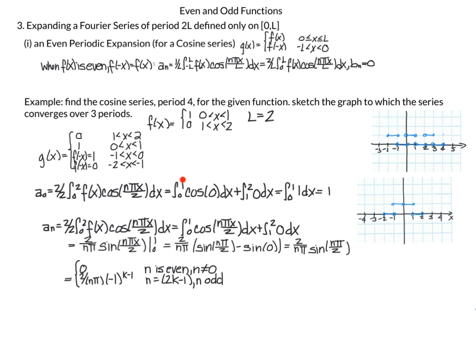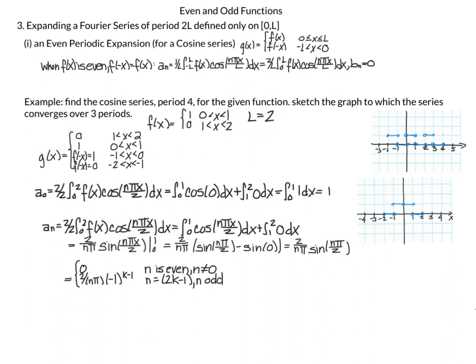From 0 to 1, we have f of x is equal to 1, and then cosine of, and now we're plugging in 0 for x, so we get cosine of 0 dx. Then from 1 to 2, our function is 0, so we have 0 dx. So what we're integrating is from 0 to 1, cosine of 0 is 1 dx, which is simply equal to 1. For a sub n greater than 0, we have 2 over L, which again, L is 2, so that's